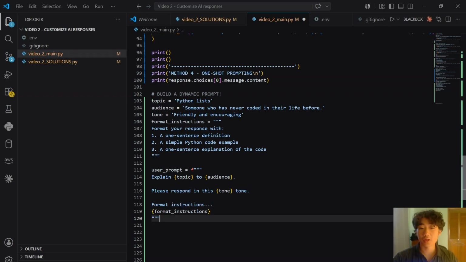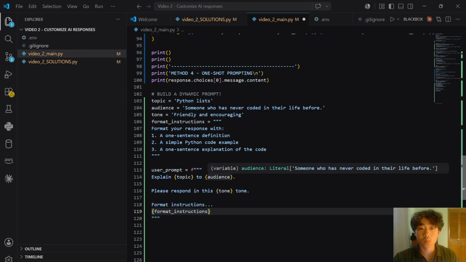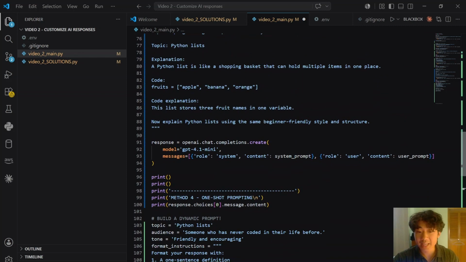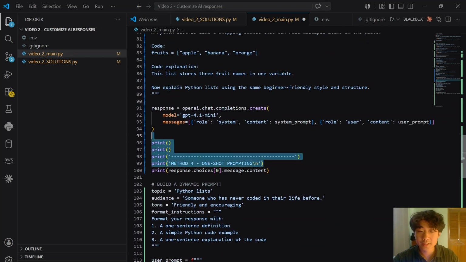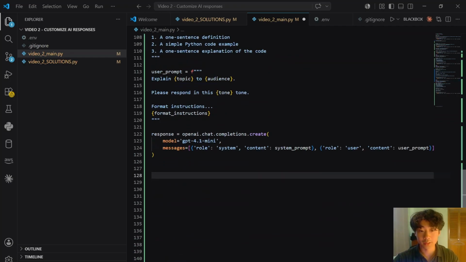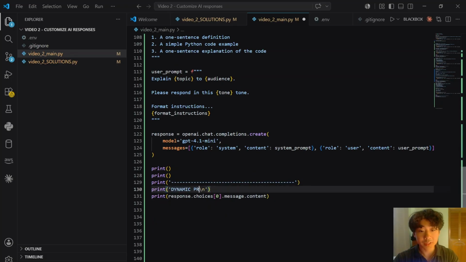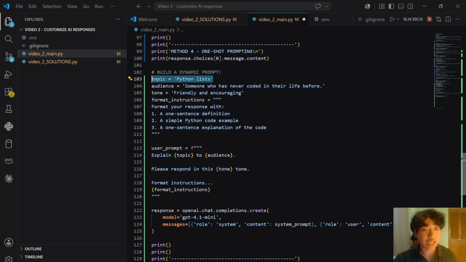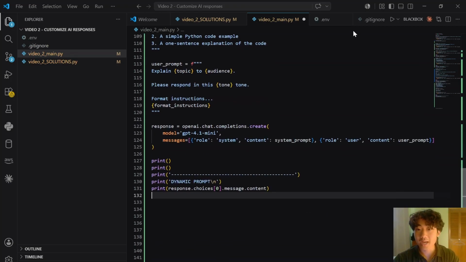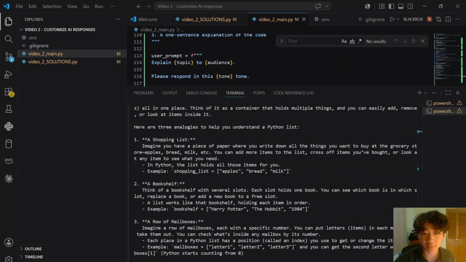So now that we have our user prompt built out, we're ready to make the API call, and then we're going to print the output of whatever the model displays. So let me do these print statements. The reason why this is dynamic is because we can change any of these variables to a different value, and the model will still be able to give you an answer. So if we run that, then you'll see if we scroll all the way down below